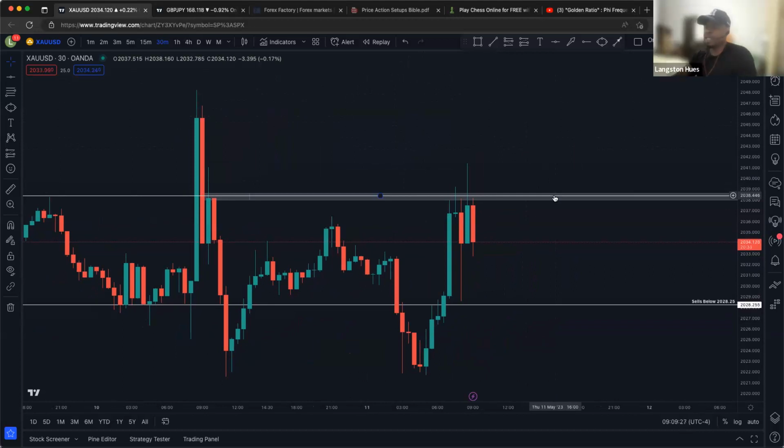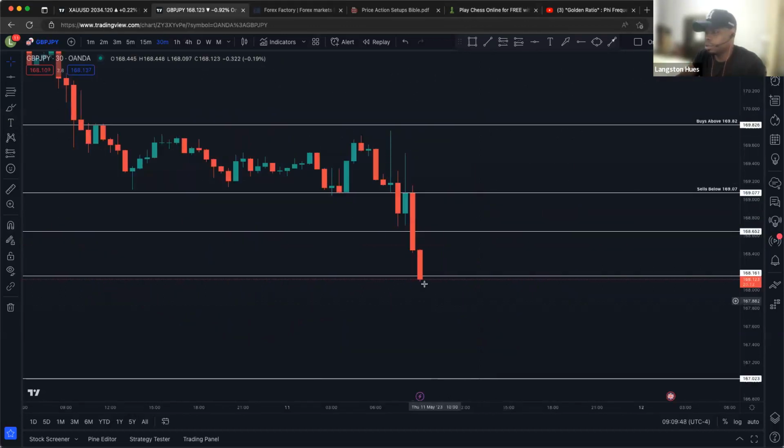We got 20 minutes until a 30-minute closure, so we need gold to do something, or it might just be in this range, or it might just be in this range here. We'll see. GJ is breaking the lows. We get a closure into this range. I'm interested in